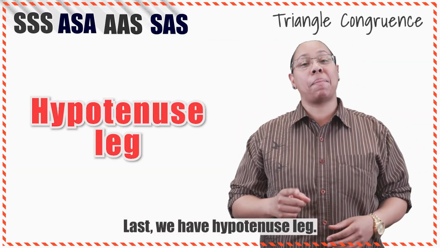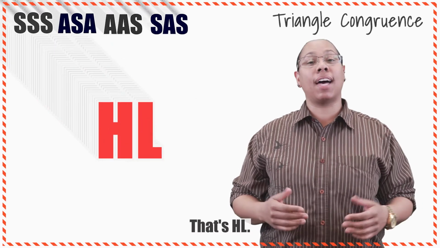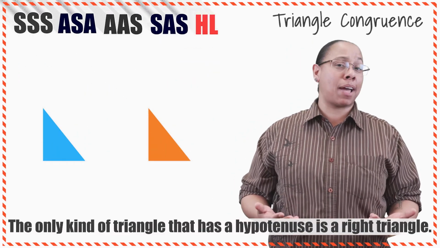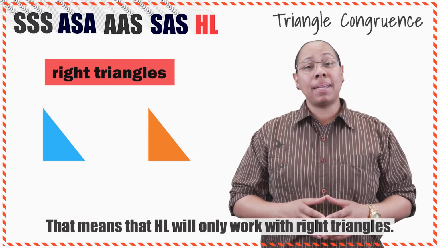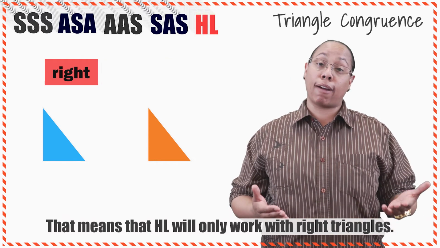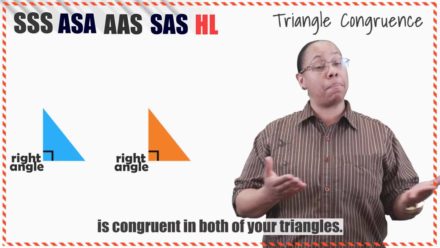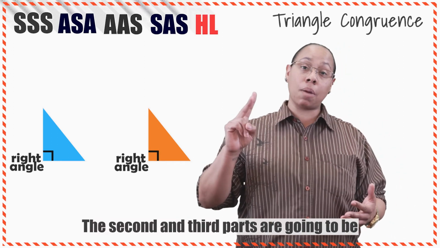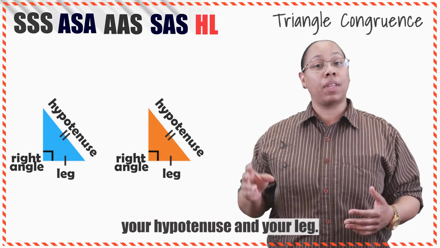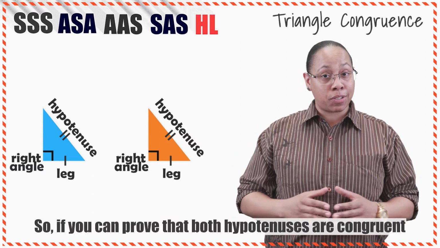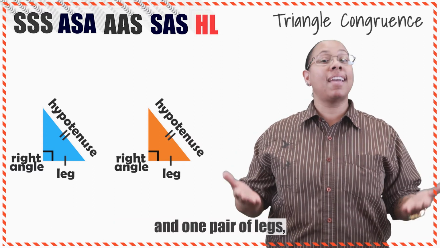And last we have hypotenuse leg. That's HL. The only kind of triangle that has a hypotenuse is a right triangle. So that means that HL will only work with right triangles. So that right angle, that's the first part that you know is congruent in both of your triangles. The second and third parts are gonna be your hypotenuse and your leg. So if you can prove that both hypotenuses are congruent and 1 pair of legs, then you know that those